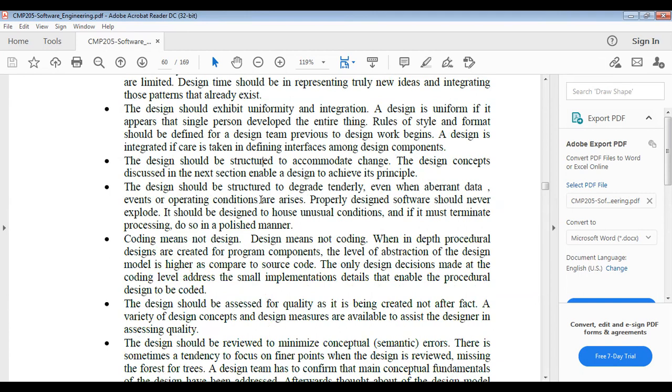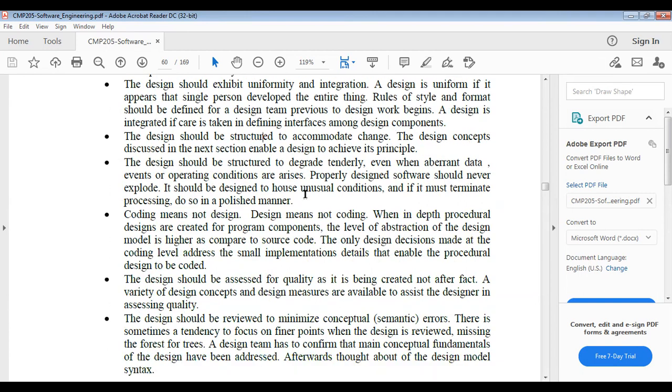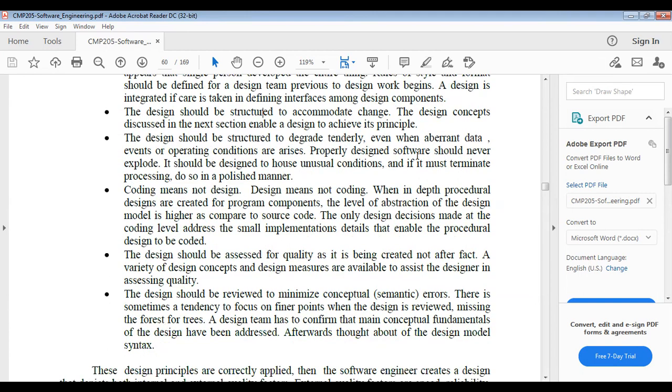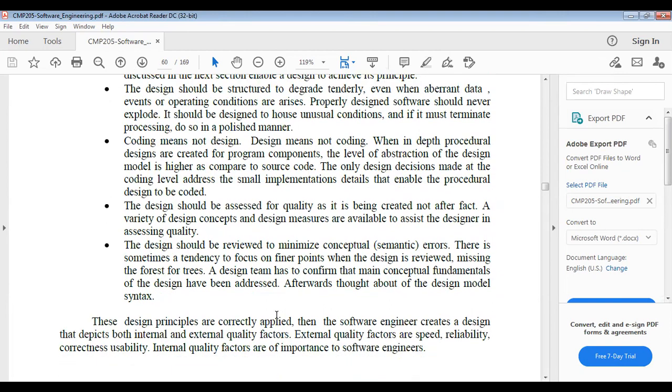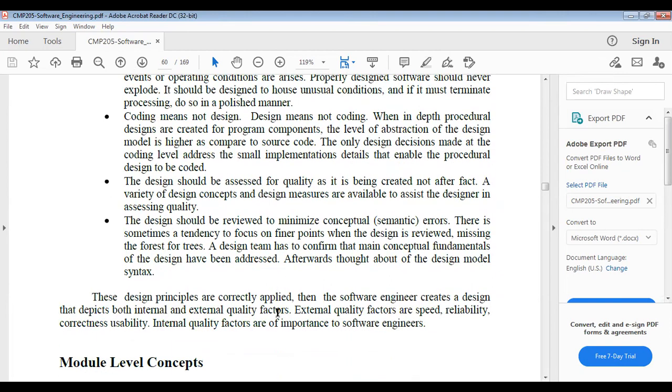The design should be structured to degrade gently even when aberrant data, events, or operating conditions arise. Properly designed software should never explode. Okay, coding means not designing and designing means not coding. Coding and designing are different parts.